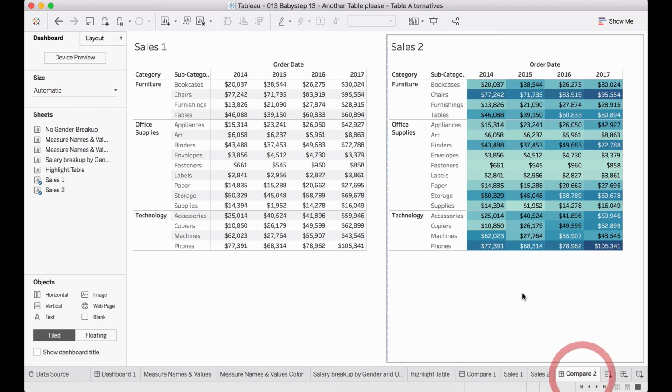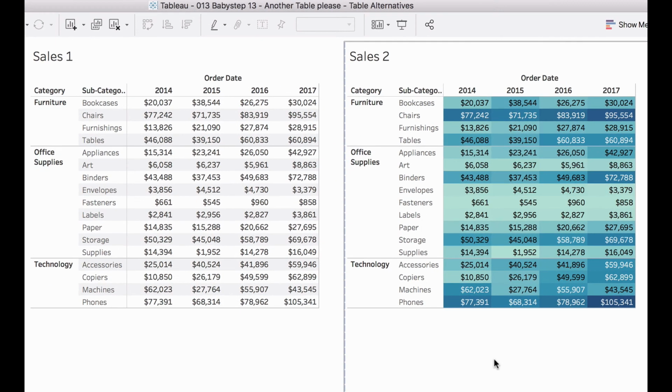If we put them side by side here, we can very quickly see the technology section has a lot more shades. And the middle section, though it has a lot of subcategories, the office supplies has a few really darker colors that indicates most of the sales are small. And then we are also drawn towards the top section, chairs, right? So things are actually much easier to interpret when it comes to using highlight table. So this is what I would recommend if you have to present a table, and then see whether you can